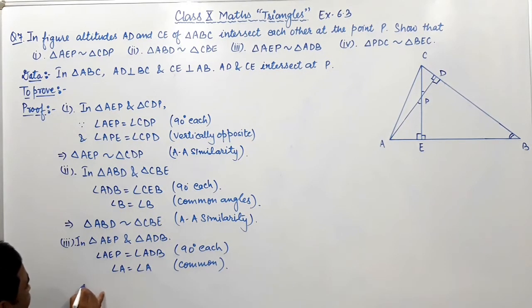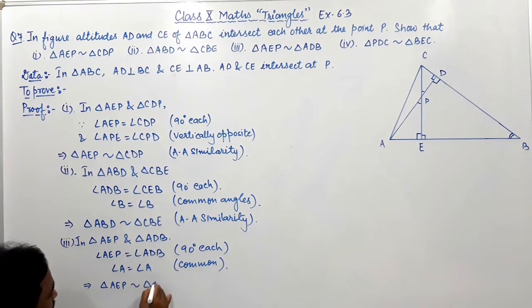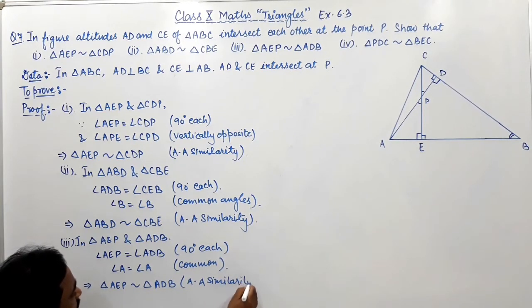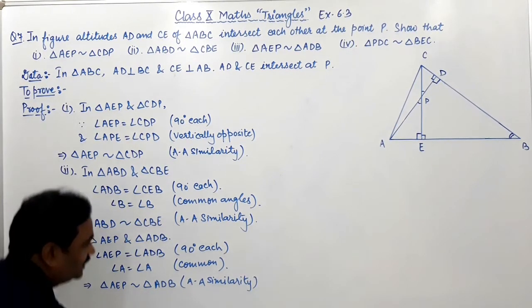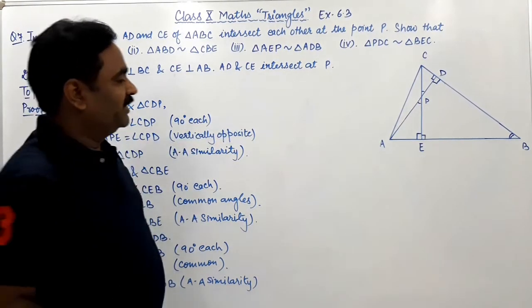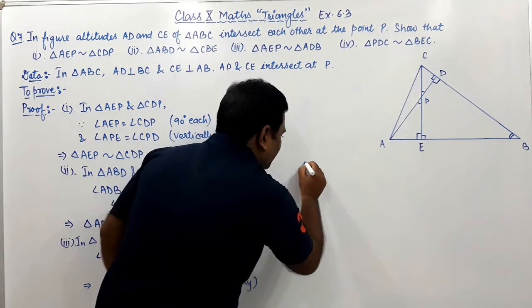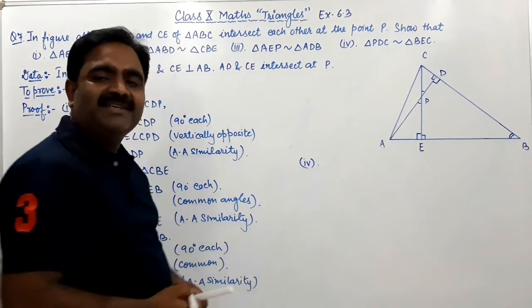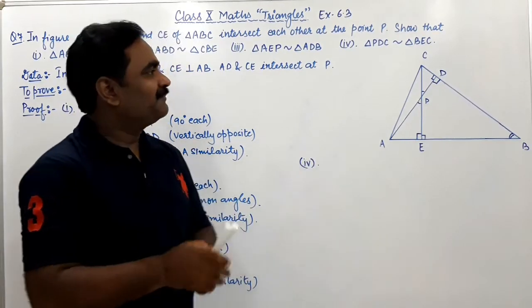right? So therefore triangle AEP is similar to triangle ADB by angle similarity. जब दो एंगल्स मिल गए इक्वल, सो हमें कोई प्रॉब्लम नहीं होनी चाहिए. क्लियर हुआ कॉन्सेप्ट? नाउ द फोर्थ पार्ट इज रिमेनिंग. सो फोर्थ पार्ट वी नीड टू सॉल्व हियर. यहाँ हमारे पास कुछ स्पेस थे, सो फोर्थ पार्ट के लिए यूटिलाइज कर लेते हैं.